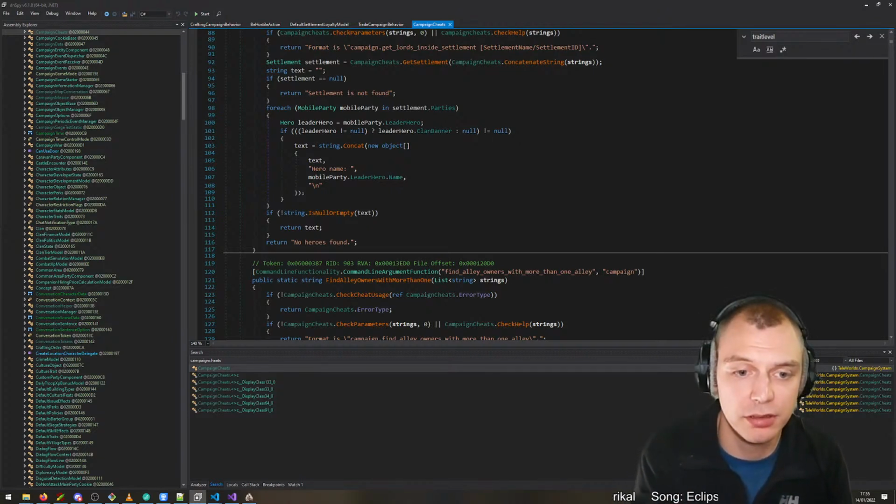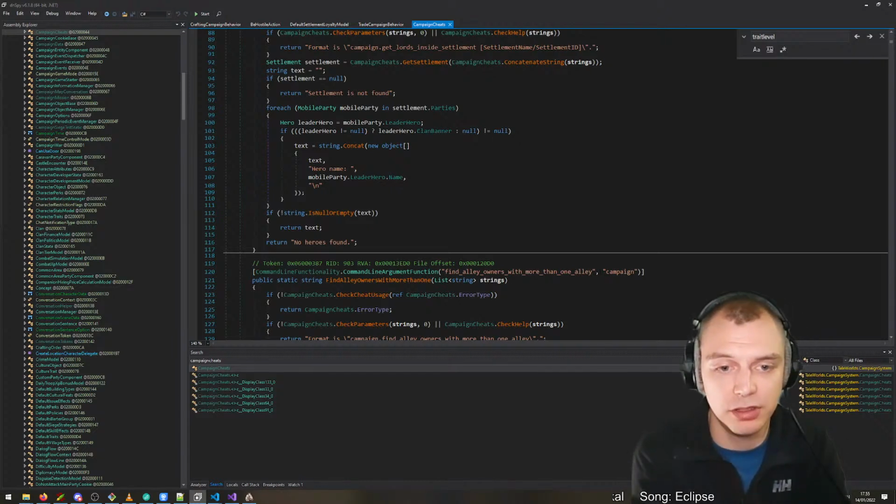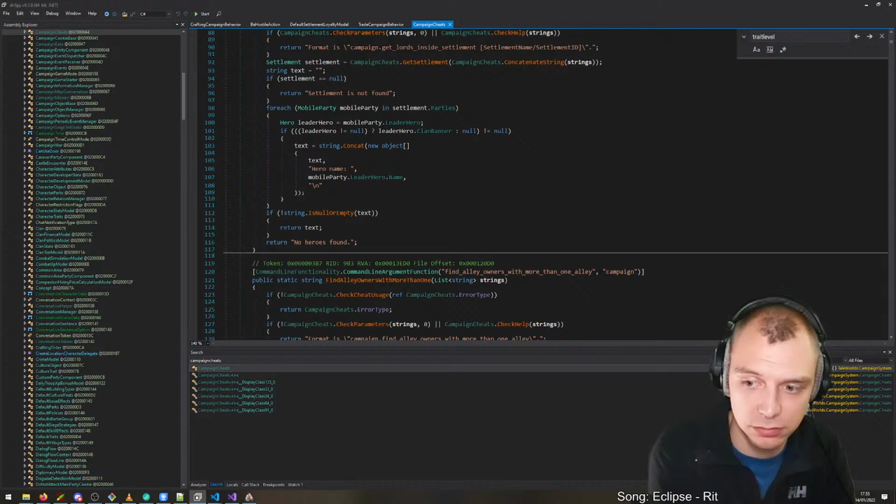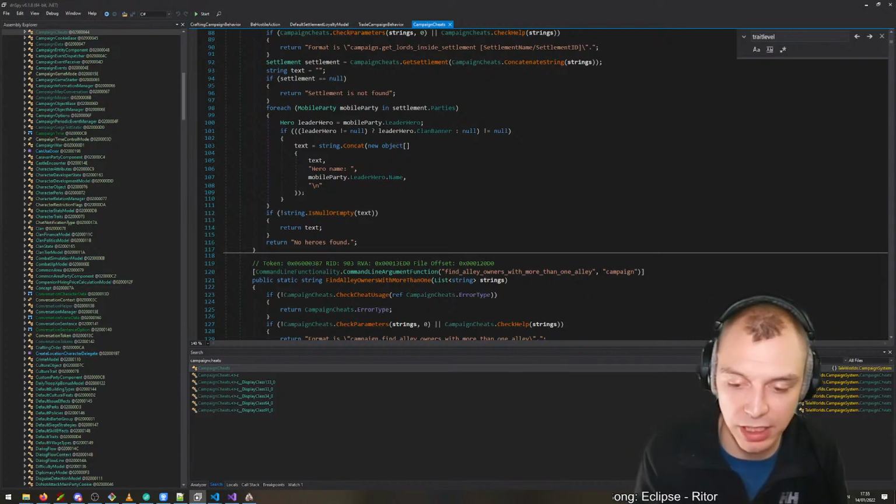Can you make it so that a person's traits affect settlements or castles? Sure. Like, but not right now. And how exactly? Like,